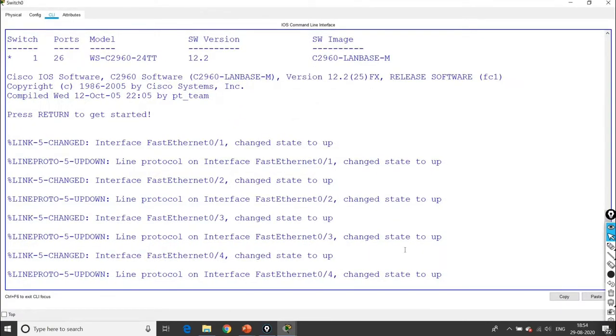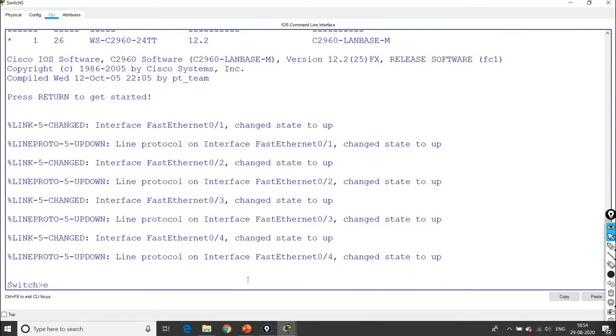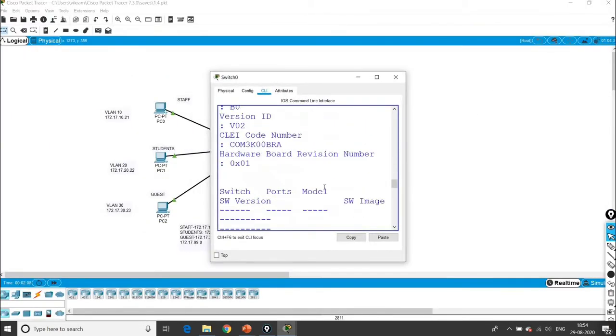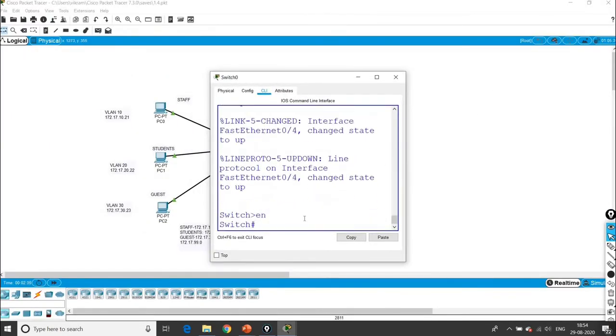Wait for the configuration to boot. Enable. It is in user executive mode. Now it is privilege mode, and go for the configuration mode, config t.